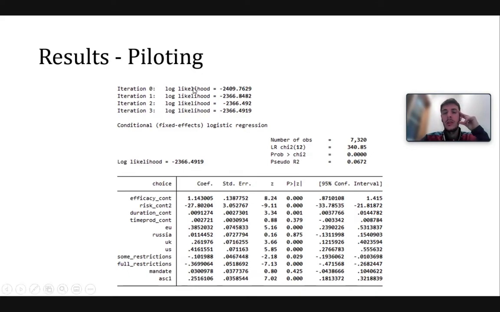But what is important here is to look at the log likelihood, which is a measure of how our model is able to minimize the error in investigating the probability that an individual will choose option 1 compared to option 2. Okay, so what we try to do with our model is to maximize this log likelihood. That basically means make it closer to 0, as close to 0 as possible.